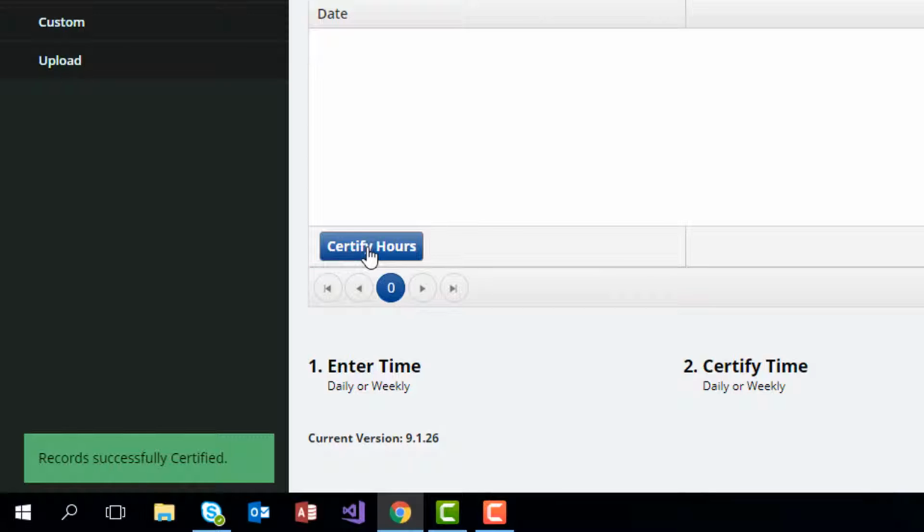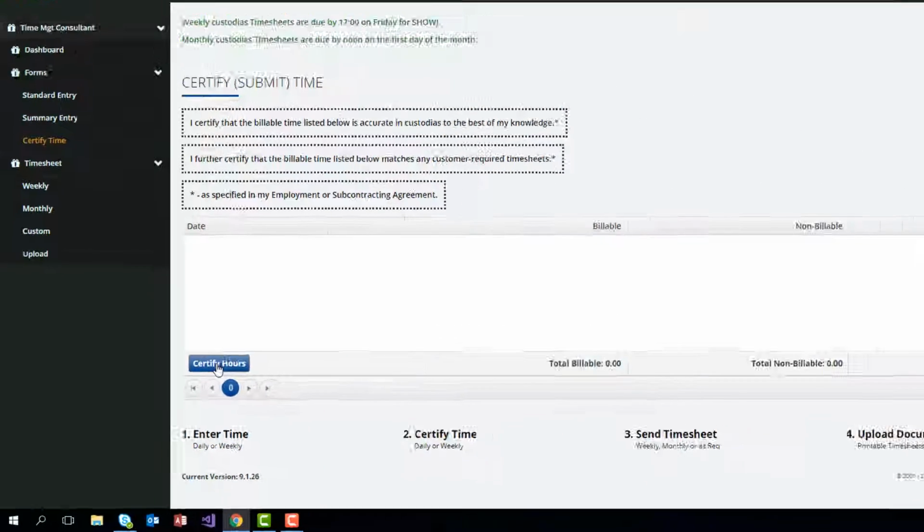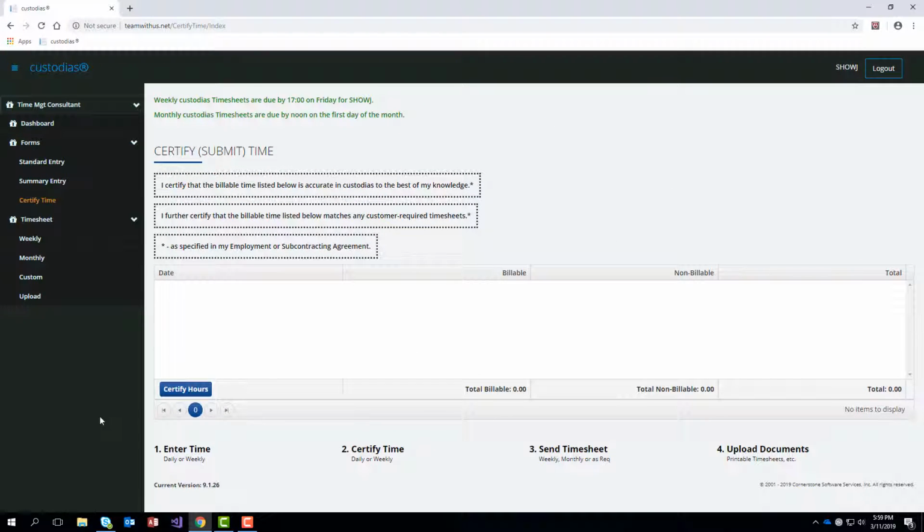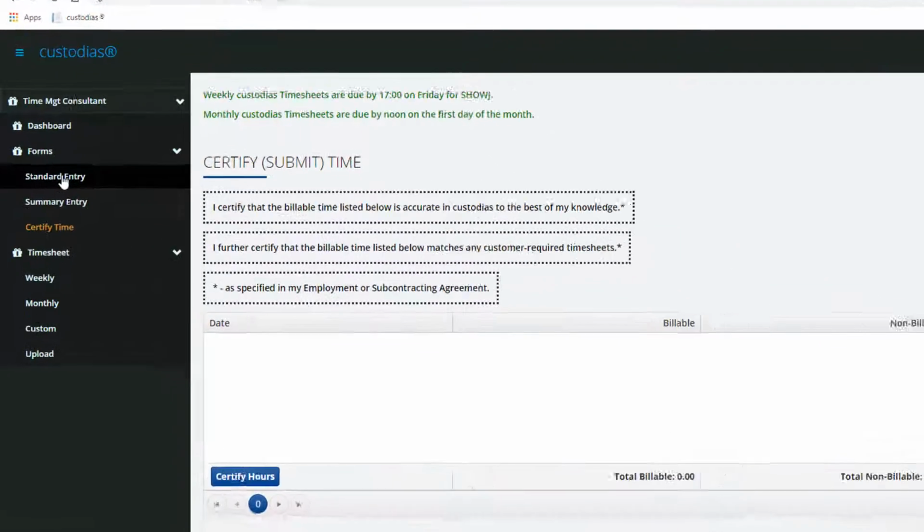You will see a success message in green or an error message in red flash in the bottom left corner. Once a time entry has been certified, it cannot be edited or deleted without management involvement. It is therefore prudent to take the time to review your uncertified time before certifying it. In the event that you need a time entry to be uncertified so that you can edit or delete it,